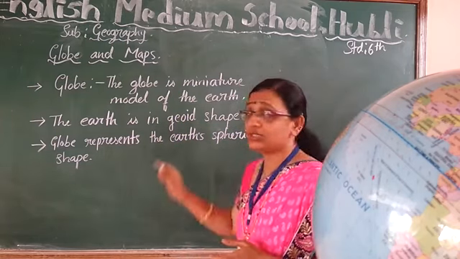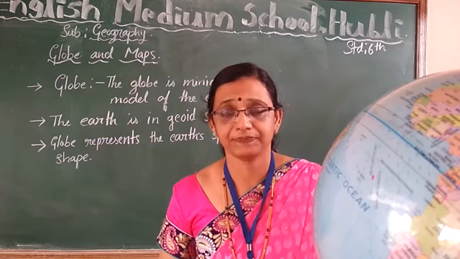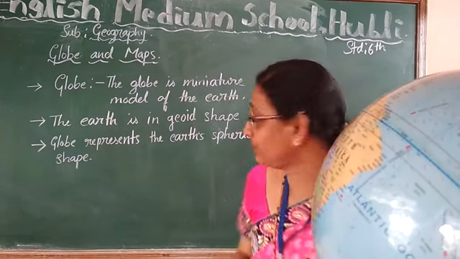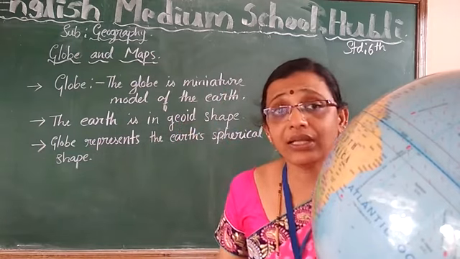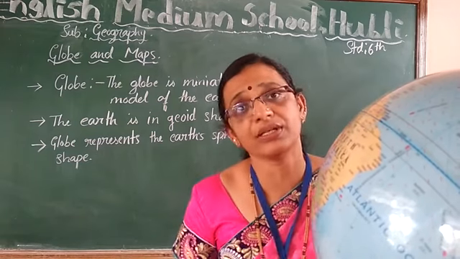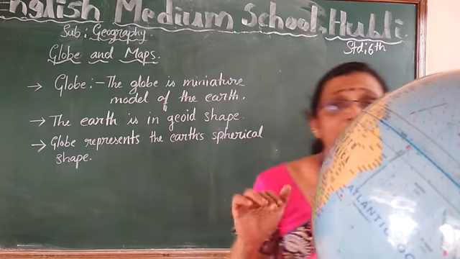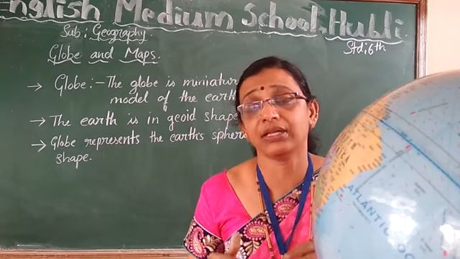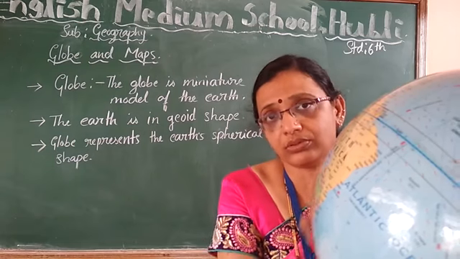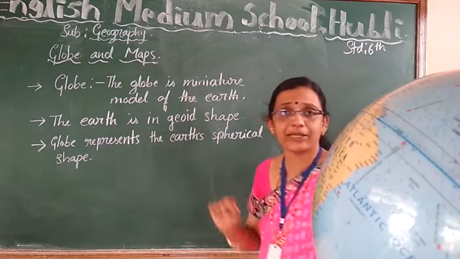Then, earth is in geoid shape. By seeing only we will come to know the shape of the earth. It is not exactly like a round ball, children. Geoid shape the earth. Geoid means what? Irregular surface. As the model they made this one, like this smooth surface earth is not having. Elevated places are there, low areas are there, oceans are there. So the surface of the earth is not a smooth, even surface, irregular surface it is. That one only is called a geoid shape.